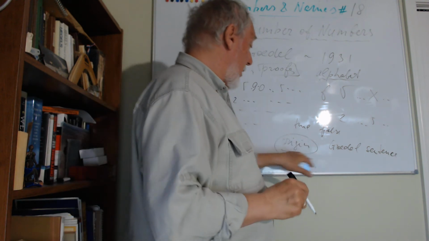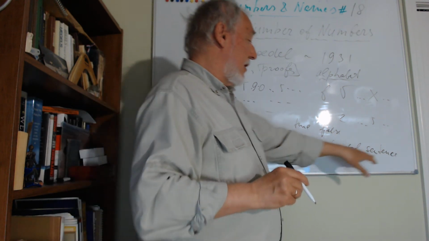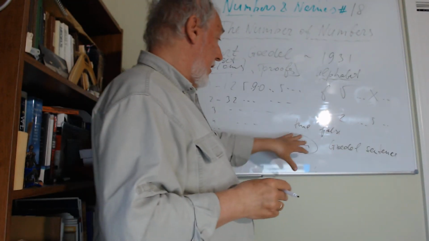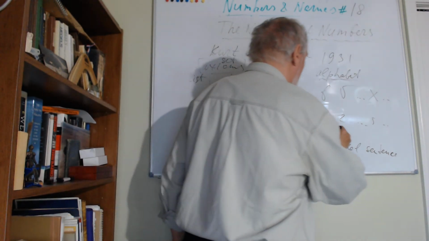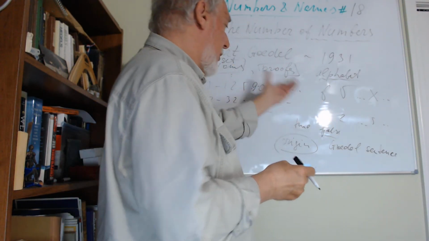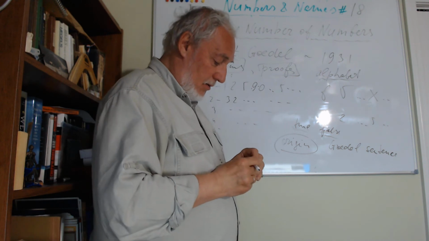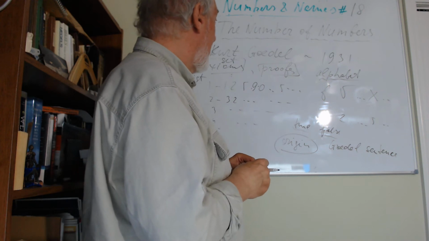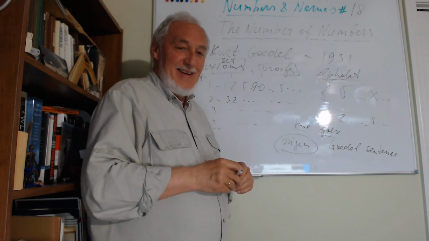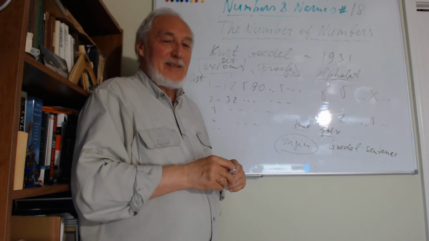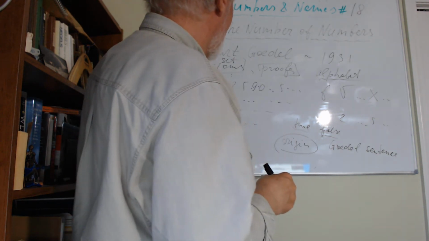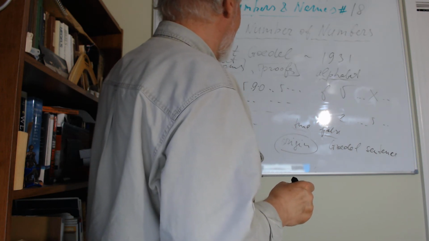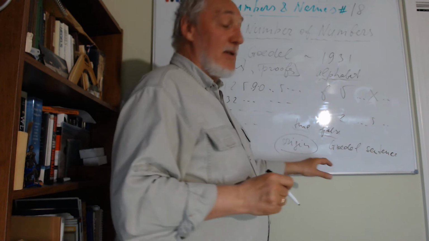So, what do you think he took as the origin of this? How did he manage to construct it? Any idea? He needed to construct something that is not true and not false, or that cannot be proven. What do you think he used? I don't know. We talk about this a lot. What is not true and not false, or at the same time true and false? Paradox? Yeah, paradox, right.